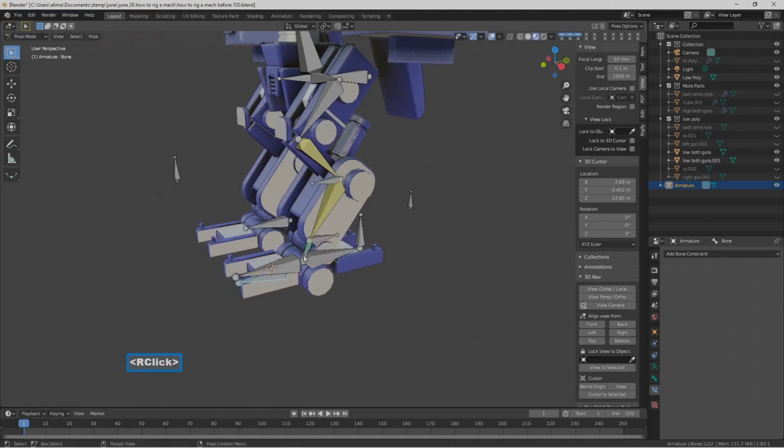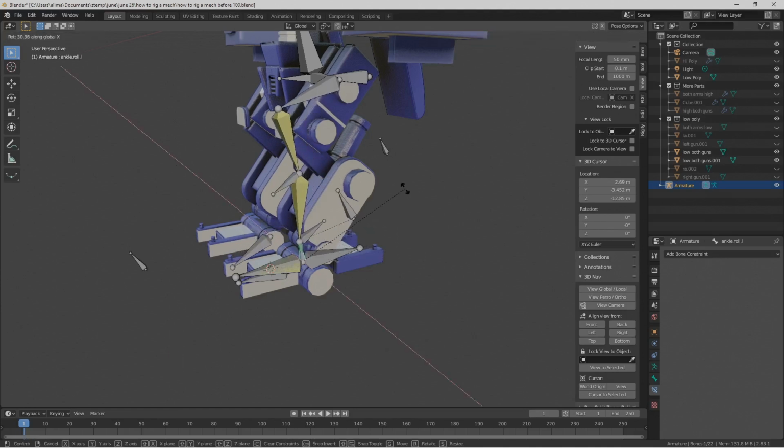back. When we select here, I'm going to move the mouse. When you have the mouse here and you press R to rotate on the x-axis, you'll get very strong movements. If you position your mouse back here before you press R to rotate on the x-axis, you'll have smoother rotation. So I'm going to press R to rotate on the x-axis here. So you can see that our leg can go forward while the foot stays in place of our mech, which